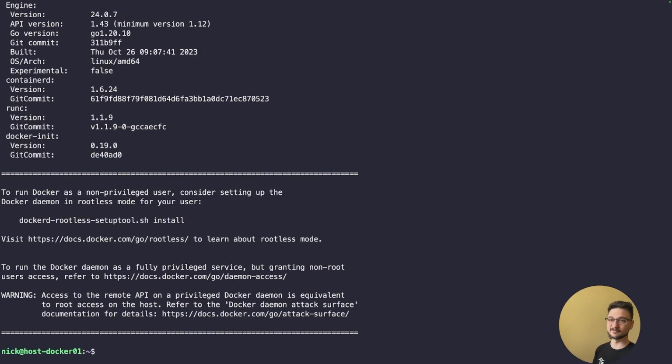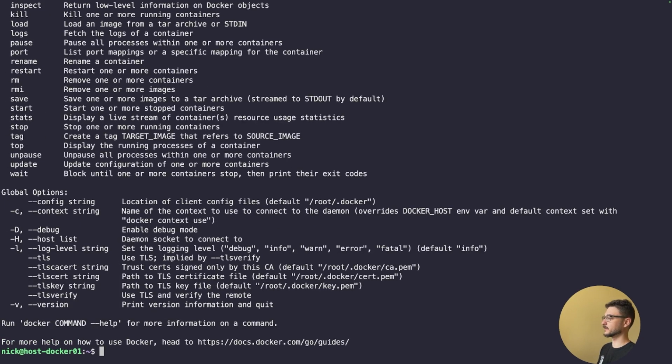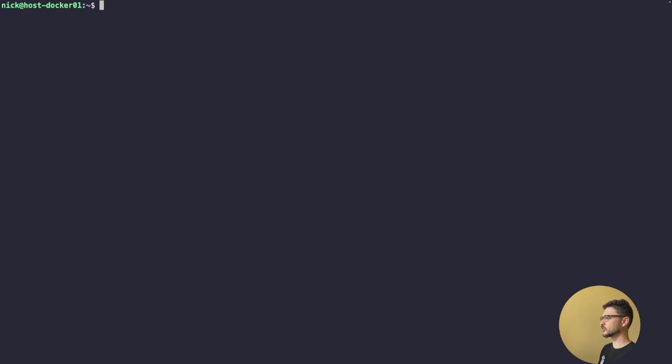And just like that, we now have Docker installed, which is awesome. So we can just do a sudo docker and hit enter, and you can see that we've got all the commands that have come up. We can clear our terminal, make it a bit more tidy. And now what we need to do is actually deploy Portainer itself. And again, that command has been supplied. So I can just copy that